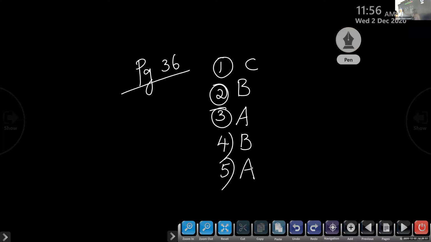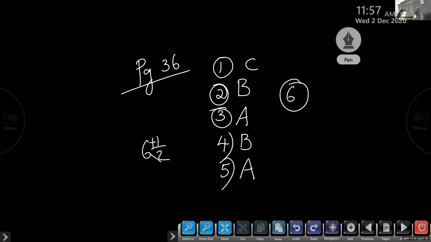Okay, next one, Isha, question number 6. 6 1 by 2 when expressed as an improper fraction is equal to dash. Answer is option C, 13 by 2. Okay, so children, 6 and 1 by 2. 6 2s are 12 plus 1, 13 by 2. So that is option C. Very good. Option C, 13 by 2.